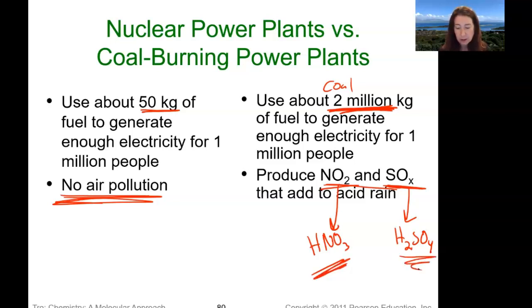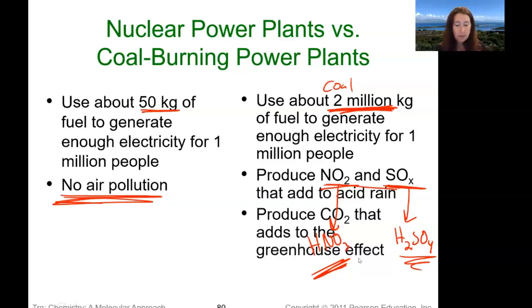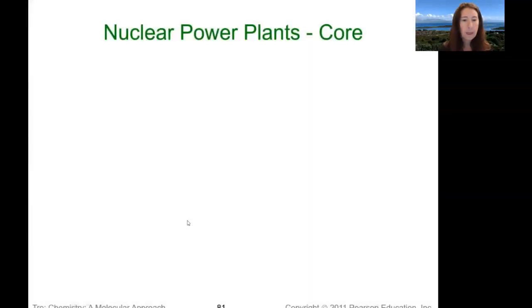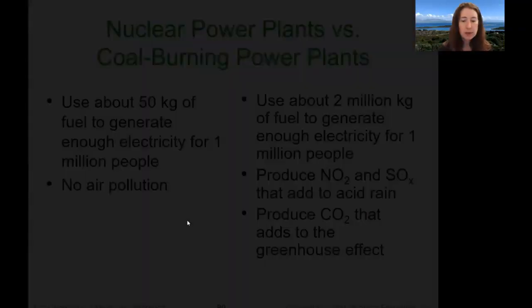They create sulfuric acid over here, right? And it also produces tons and tons and tons of CO2, right? And CO2 is very, very bad for global warming and climate change because it's trapping heat in the atmosphere. Okay, so I think we'll stop there, and then